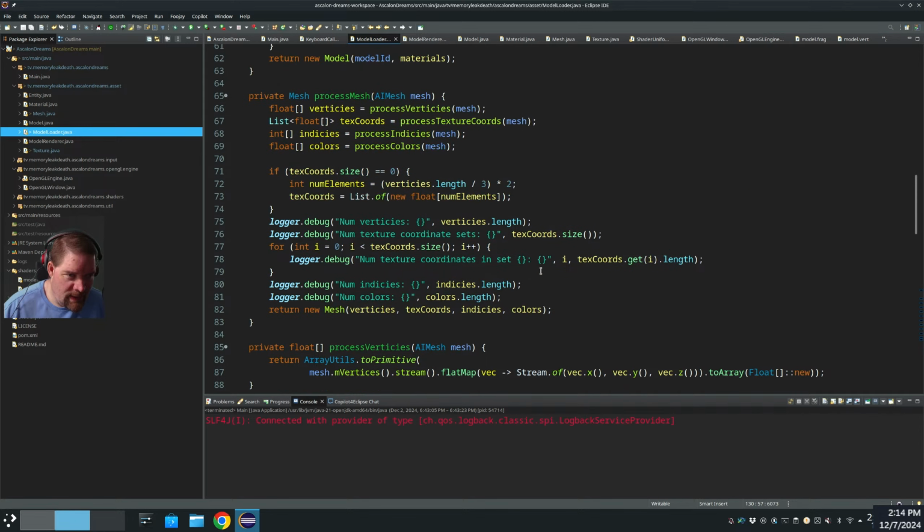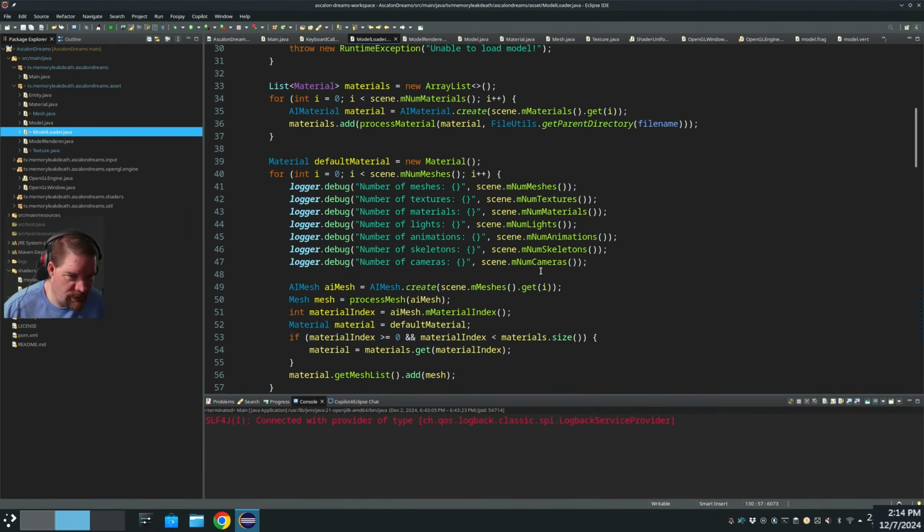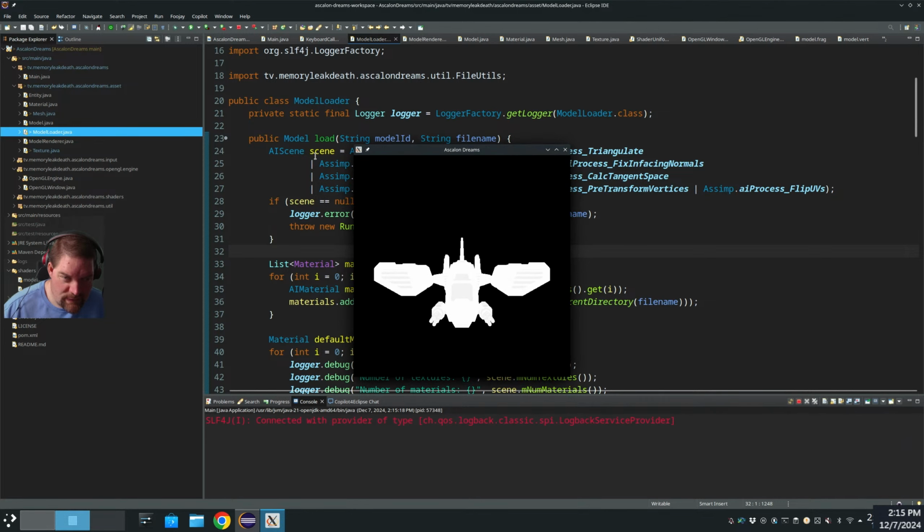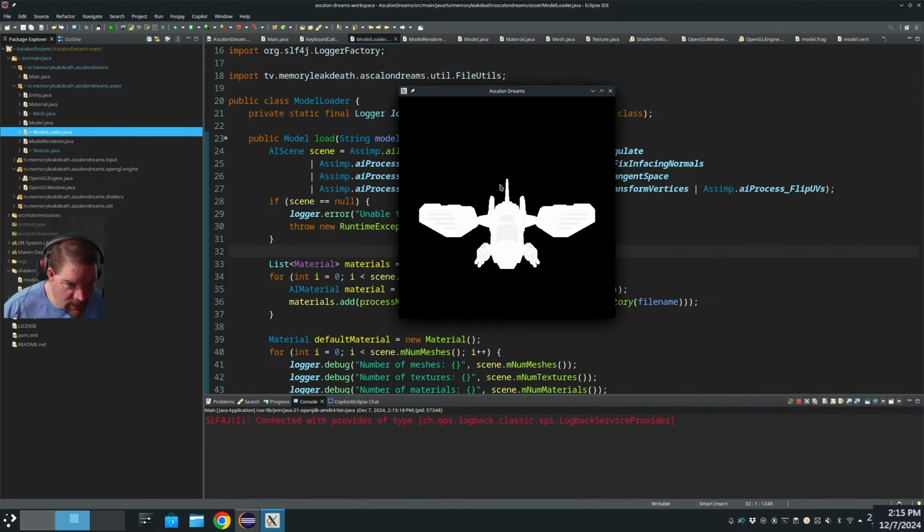And then I was looking through some other resources online and found this flip UVs flag that I could send, and that will automatically flip the texture coordinates for you when it loads them in. So I removed that 1 minus, and what we've got now is this, which is hard to see, but we have some texture here now. We've got fins kind of loaded here, sort of. And we got some circles around